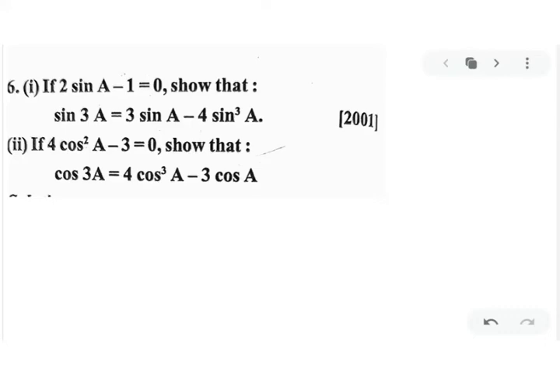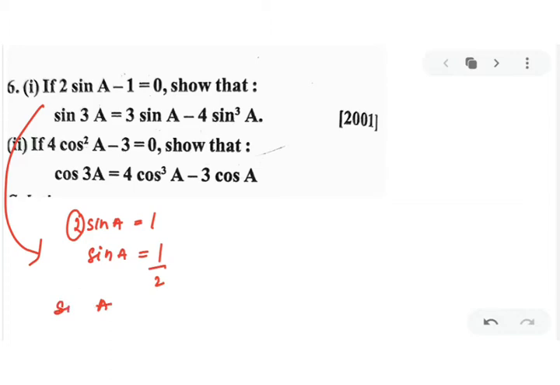Good morning, dear kids. Today I am taking you through exercise 21E. In that we are doing problem number 6. It says if 2 sine A is equal to 1, now my dear kids, can I take this 2 on this side? So that will be sine A is equal to half. If you take your tables and find the value of A, you will notice half is sine 30. So the value of A will be equal to 30 degrees.